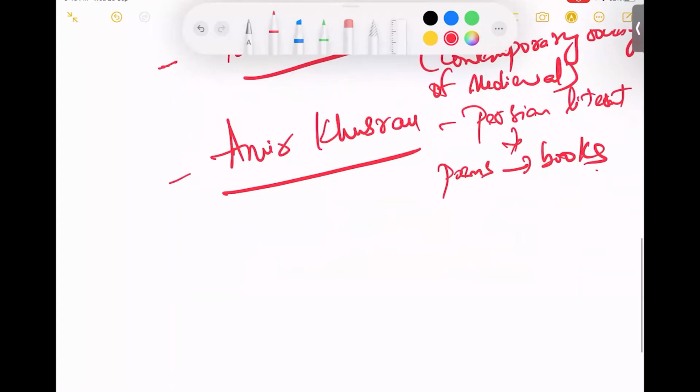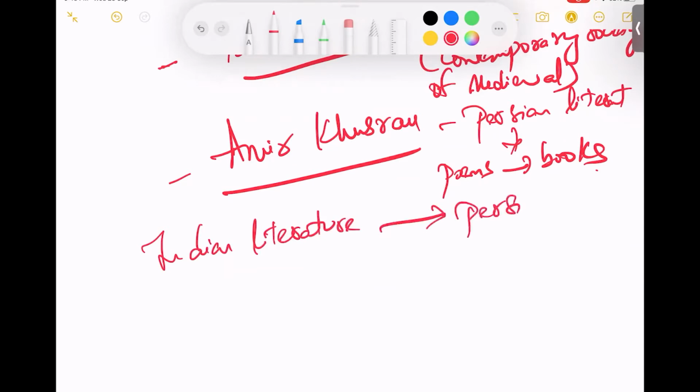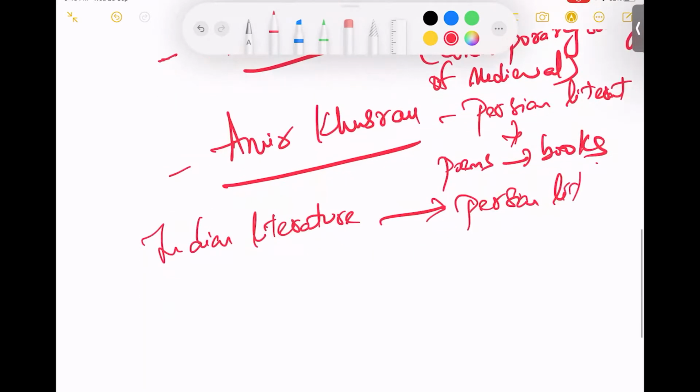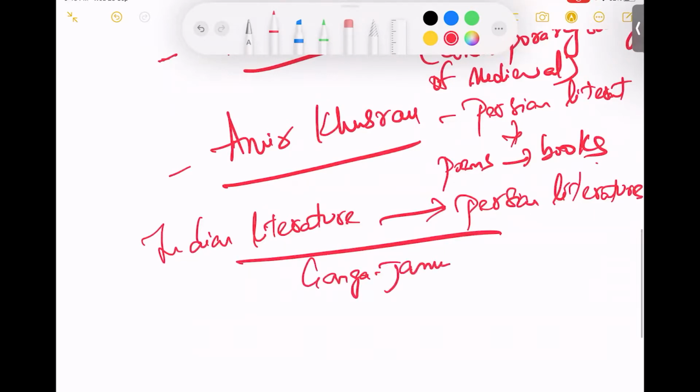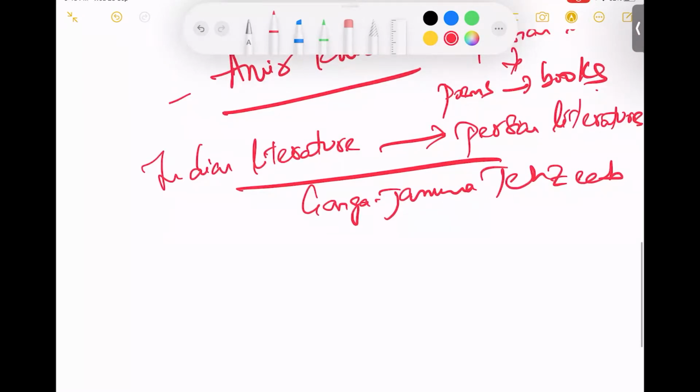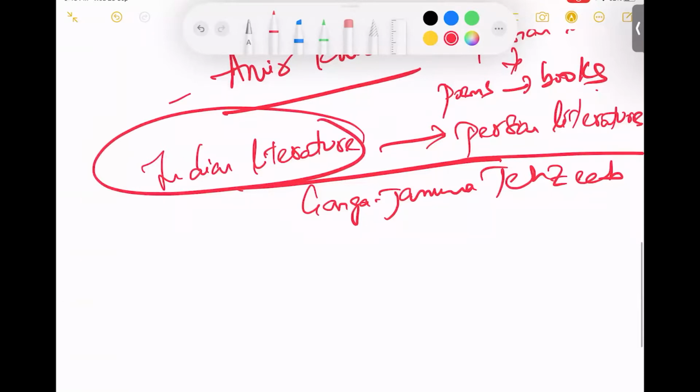And this philosophy brought Indian literature close to the Persian literature, and this again is called Ganga Jamuna Tehzeeb. So Indian literature could be understood by Persians and Persian literature could be understood by Indians because there were